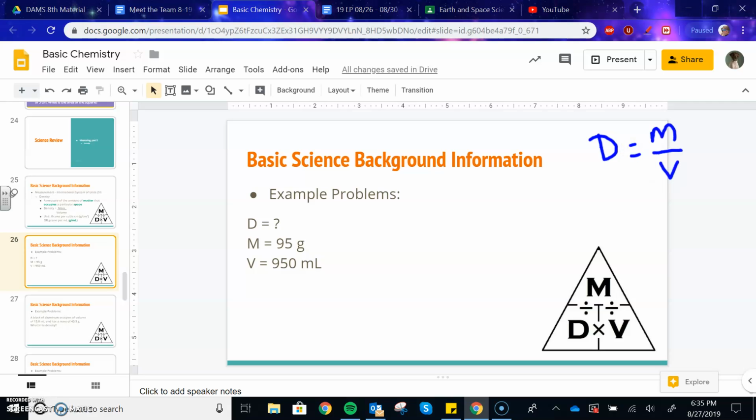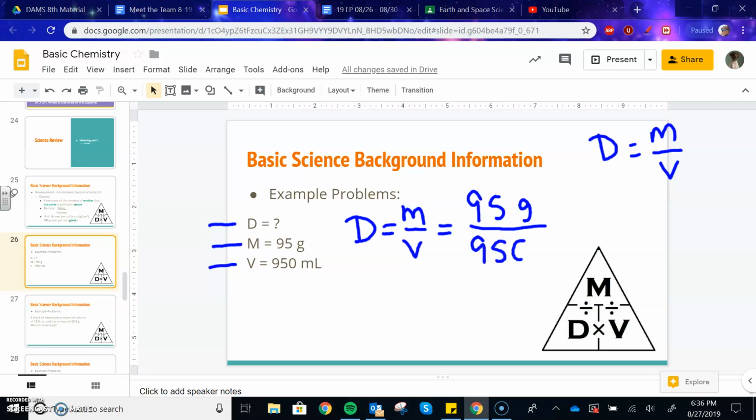Okay. So we have a question mark for our density. We know our mass and we know our volume. This is easy. It's just like math class where you have formulas and you plug stuff into a formula. So density equals mass divided by volume. Plug in some numbers. Our mass is 95, keep the unit, grams. Our volume is 950,